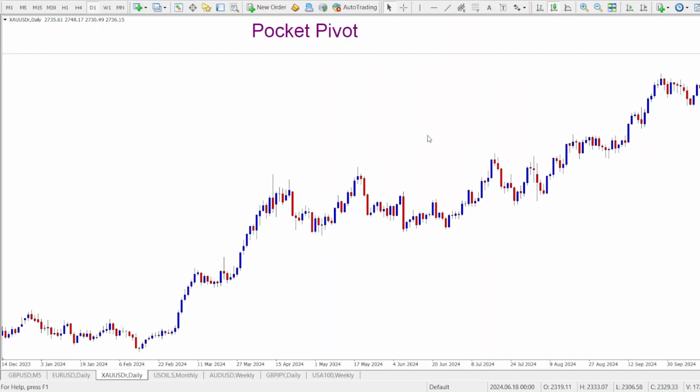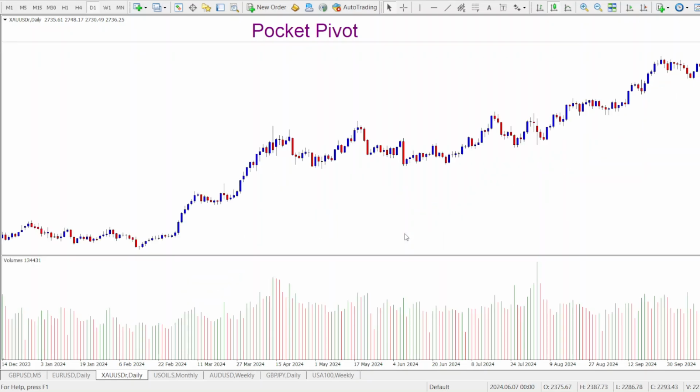Okay, the pocket pivot appears when we see a daily price move that surpasses the volume of any down day in the previous 10 days. So we're just going to be adding the volume indicator to assist us in identifying the volumes of previous days. All right, so this is 1 day,